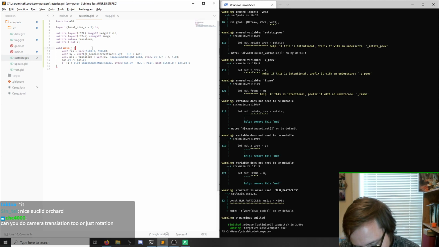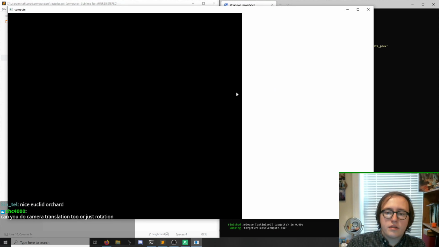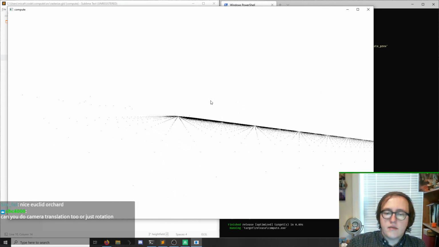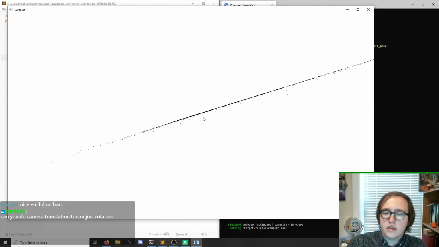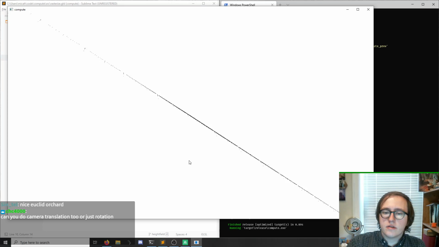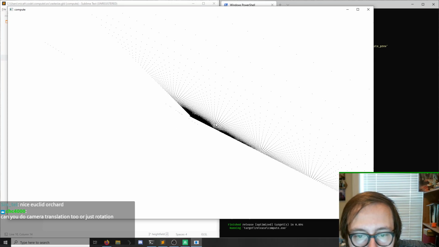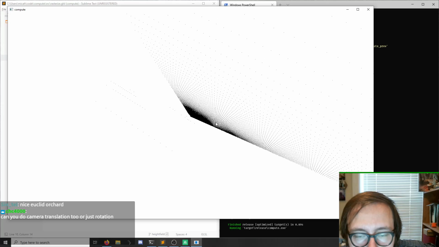Euclid orchard. When you get lost in Blender, yeah. I am doing camera Z translation right now, which is how my zooming works. I don't have translation in yet. I'm gonna do it after I get the rasterization actually working. Yeah, it's hard to tell what I'm even doing wrong here, so I may as well just do the actual rasterization. So what I'm gonna do for now is